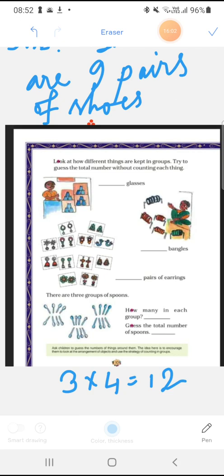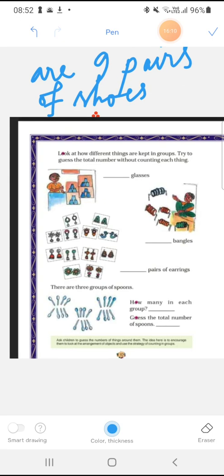So here how many glasses are there? Our answer will be 12 glasses. So how have we found it? See, in one pair 3. That means in one group 3. So how many groups are there? 1, 2, 3, 4. In that way you have to calculate, okay? So 3 fours are 12. See, the same number of things are there, and you have to find out how many groups there are. So 4 groups are there. So 3 fours are 12. Have you understood? I hope you have understood well.